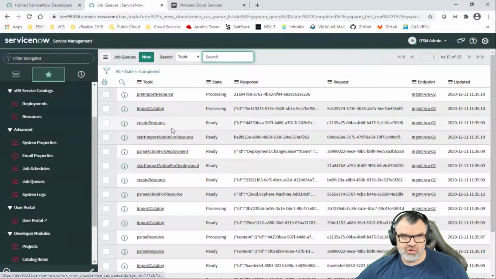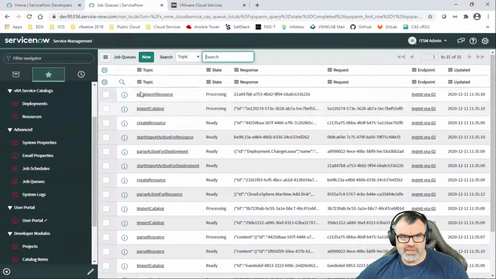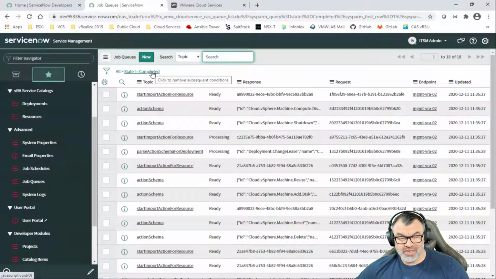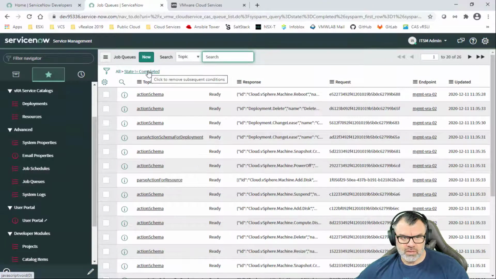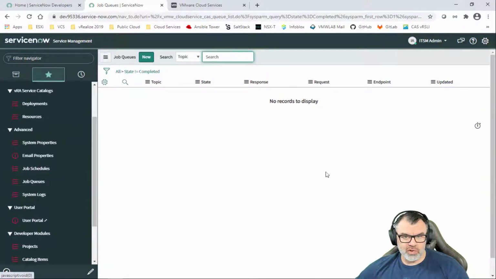Things like catalog, resources, import catalog, all these. And if I keep refreshing, these records are going to increase to include all the objects that are coming from that instance until they are fully imported. And this is just to make sure that everything got imported. And you can see now I have no records to display, which means the import operation of the instance was